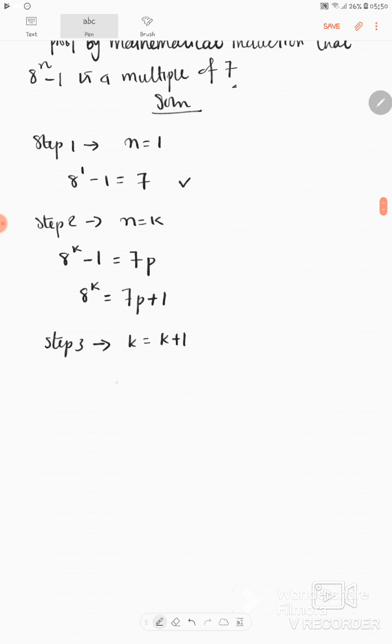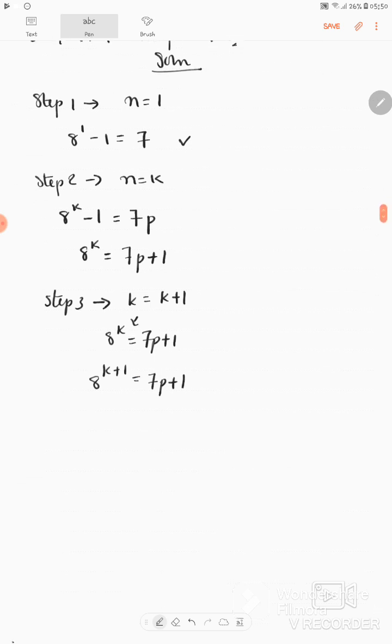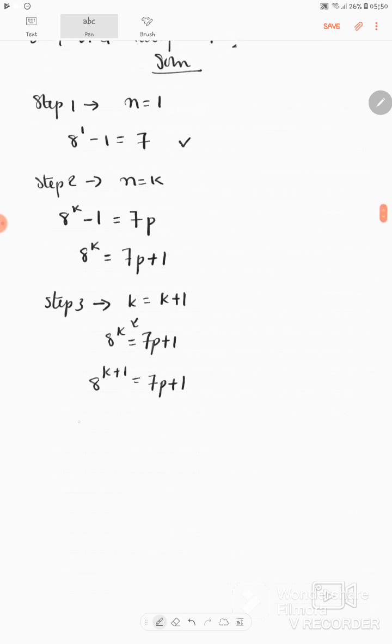Now we are substituting k into a raised to power k equals 7p plus 1. Now what do we have here? This k here, put k plus 1 into that: a raised to power k plus 1 equals 7p plus 1. Now through our law of indices, we're going to have it separated. That will be a raised to power k times a raised to power 1 equals 7